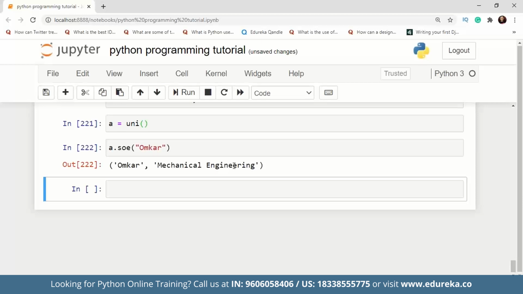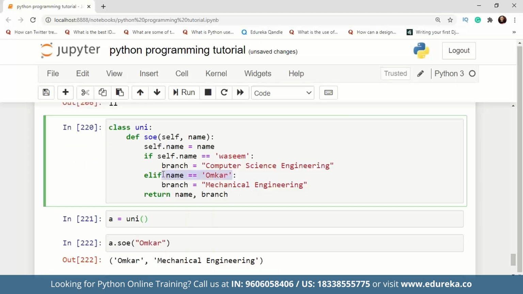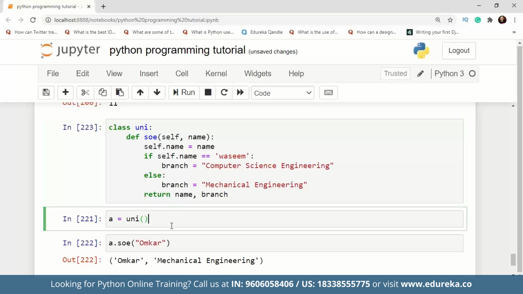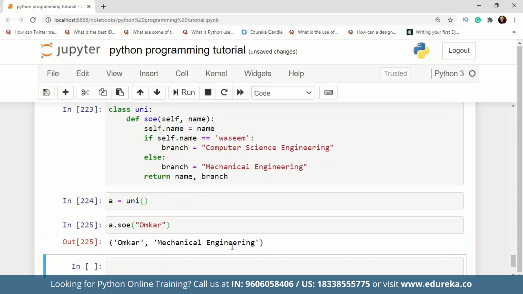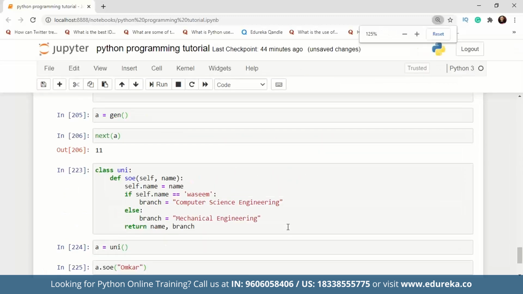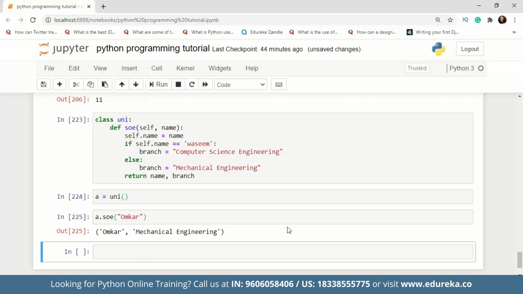All right. So what I've done here is, even if I remove this now, because I was making a slight syntax error, I'm getting this value, guys. This is how we can use classes and objects easily in Python. After this I want to discuss decorators in Python. Before that, this is just a very basic explanation of how classes and objects are used. What I want you to do on your own, after you're familiar with classes and objects, is to do it as an assignment to look into how inheritance works, how the object oriented concepts work, and how you can implement multiple inheritance and all these concepts.